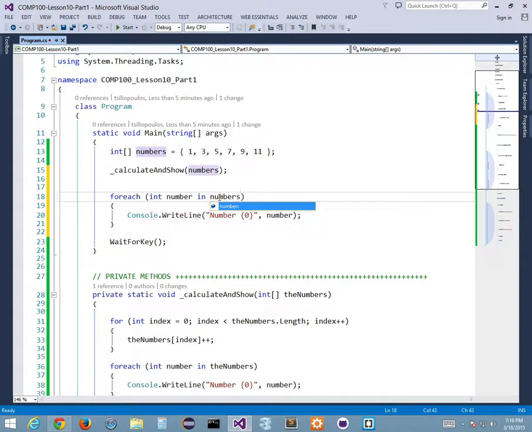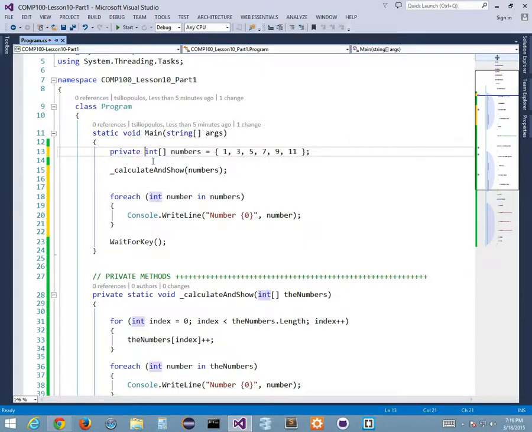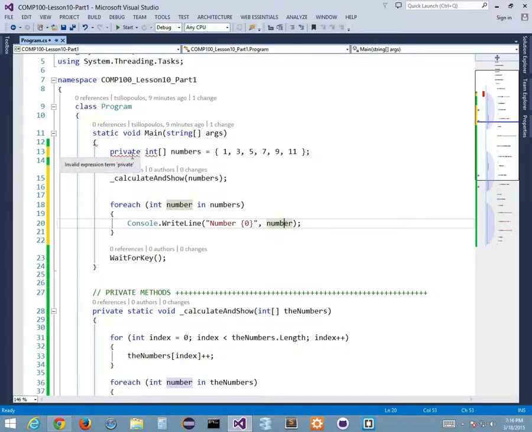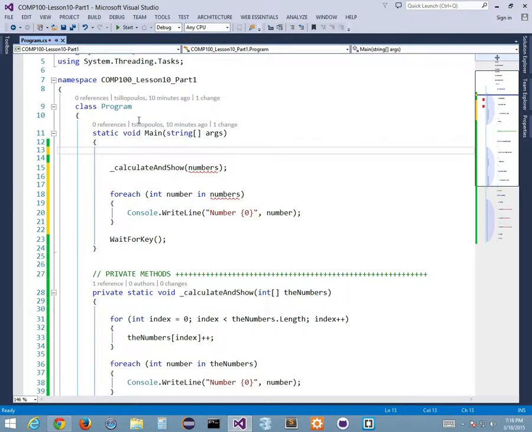To prove that it's a reference type, I'm also going to rename this thing, because if I make this private as an example, why does it give me this error if I make this array private? It says invalid expression term private inside main, because inside main I can't put an access modifier to make this private. If I move this array out here into my program,